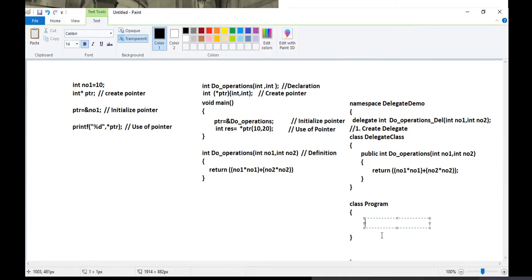So let's introduce the main method first, like public static void main, and then let's introduce these curly brackets.